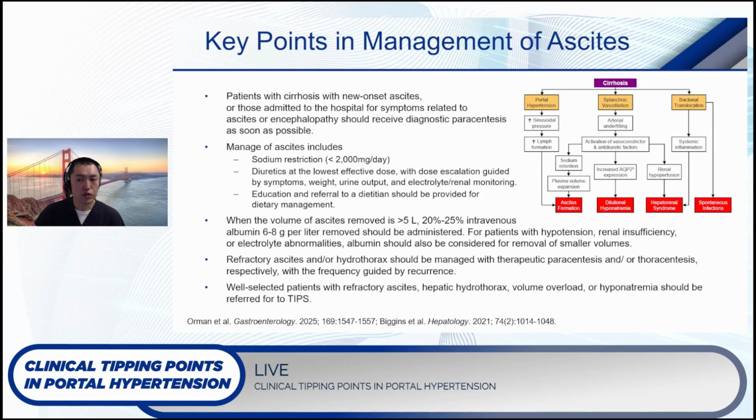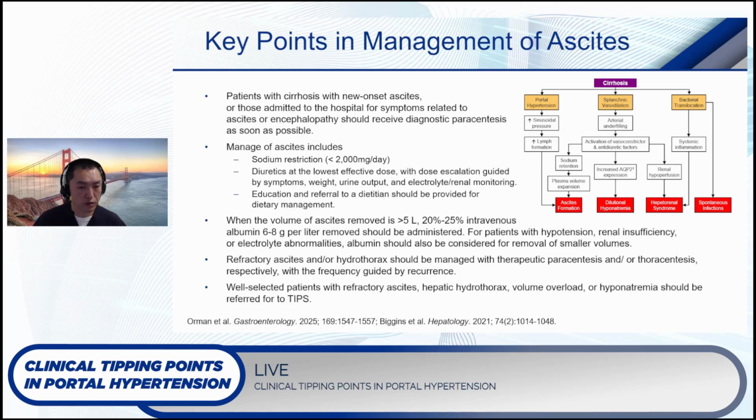Now moving on to ascites. All patients with new-onset ascites should undergo diagnostic tap to rule out SBP. And then management includes dietary sodium restriction, diuretics, and then of course education to ensure dietary modification is appropriate. Patients that undergo large volume paracentesis should be repleted with albumin to prevent complications associated with it, such as hypotension, electrolyte abnormalities. And then refractory ascites or hydrothorax should be managed with therapeutic paracentesis and/or thoracentesis, and the frequency